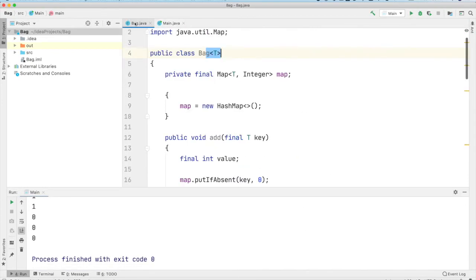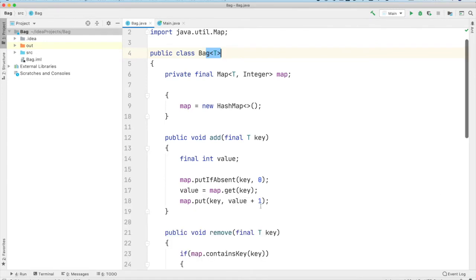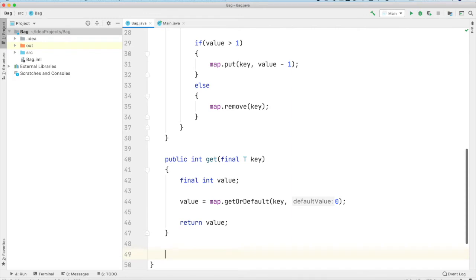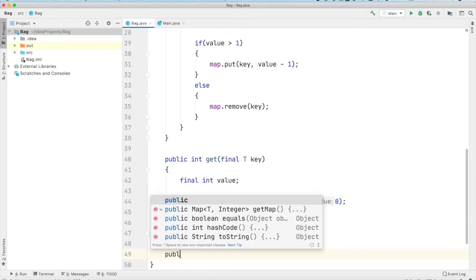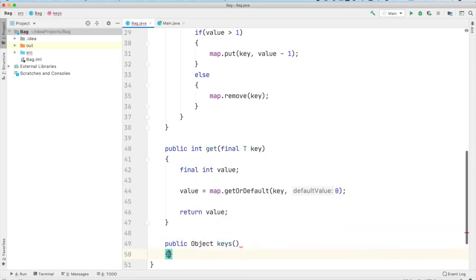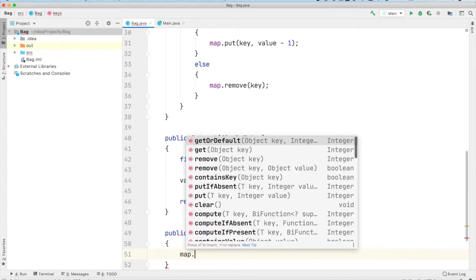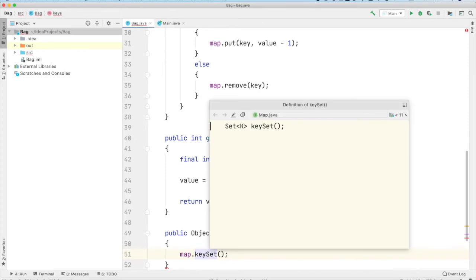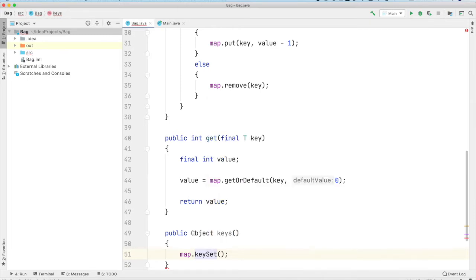So that's good, but there's a couple of things that I probably want to do. I probably want to make another public method. I don't know the type yet, I'm just going to put Object. Keys. So map.keys, key set. Right, so map key set. It returns the set of keys. Remember, the keys have to be unique, so we would use a set. So we're going to return a set